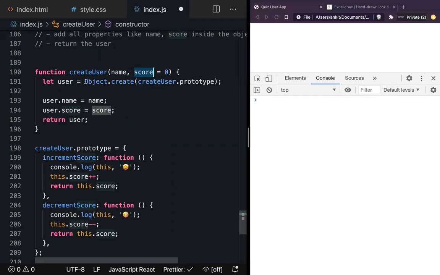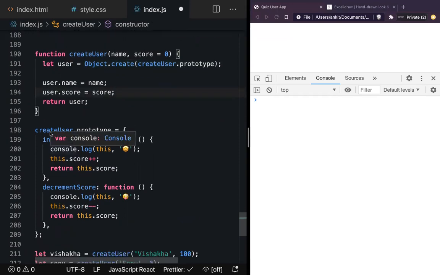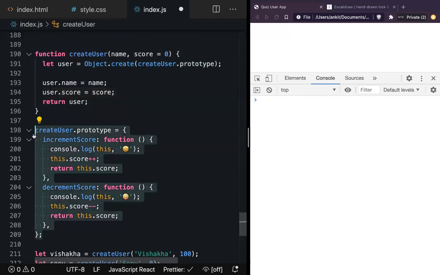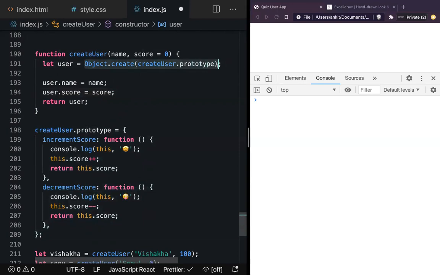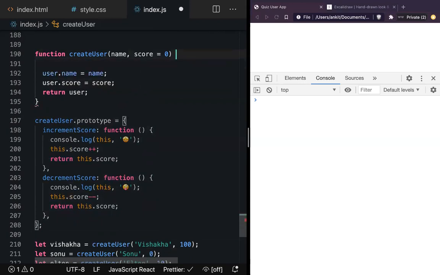Every time you are creating a class now, where will you be putting your methods? Inside prototype. Inside the function.prototype. Okay. So this line will always remain the same or not? Yes. Can I automate this line? Obviously I can. There's no problem. So I'll go ahead and delete this because this line can be automated.